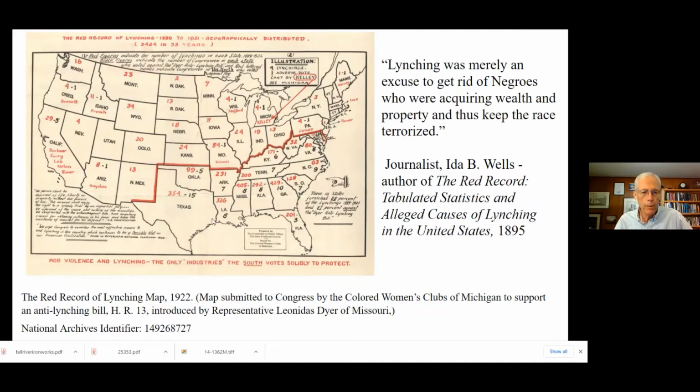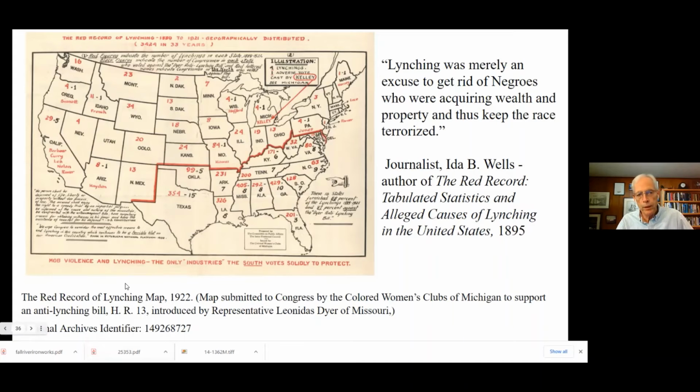We're going to talk about this map tomorrow as we talk about the Jim Crow era and how it gives us evidence of America in the Jim Crow era. But for today, we're just going to leave it with the notion that it's a powerful document that shows in the Progressive Era how women used statistics to make powerful arguments.